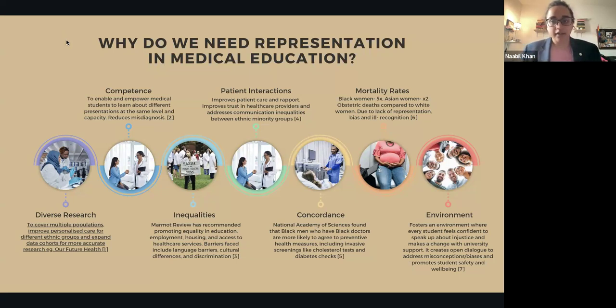And then finally, the environment, kind of going back to the classroom and case studies and looking at the medical student experience. I believe that when you highlight representation and when you very much encourage it within the classroom, it fosters an environment where students feel confident to speak up about any injustices they face or have seen occur. It fosters a community where you can support one another in terms of making a change. For example, if a student feels like they're being discriminated against in the workplace, but they don't feel like they have those support networks or safety nets in place within the university, it's more likely that they let that instance of discrimination go under the radar.